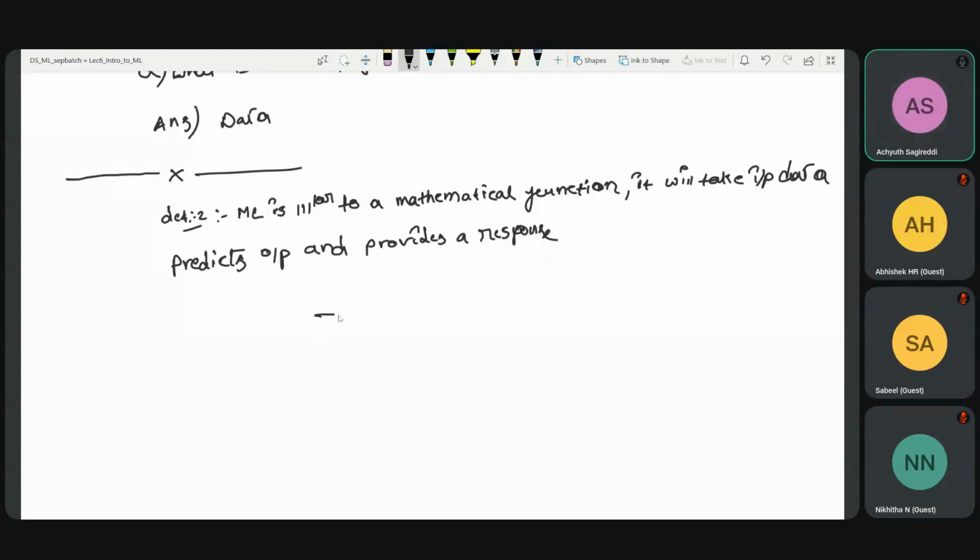Let's say this is a machine learning algorithm or mathematical function. It will take input, and it will provide some output. Generally, we will use X for input and Y for output. So we can say machine learning is this also. Out of which, in machine learning, types of machine learning,